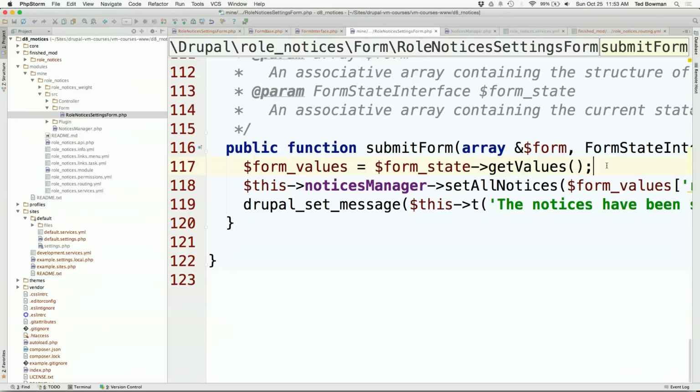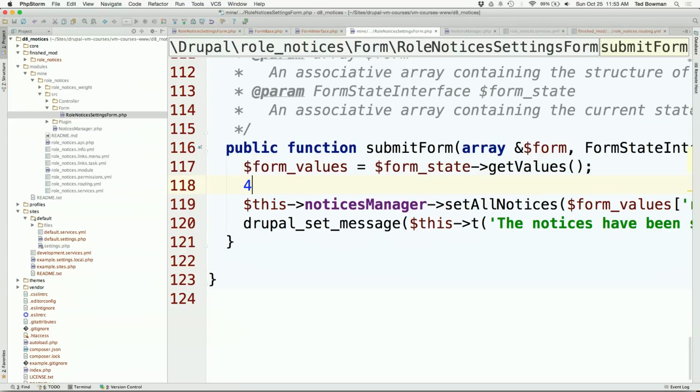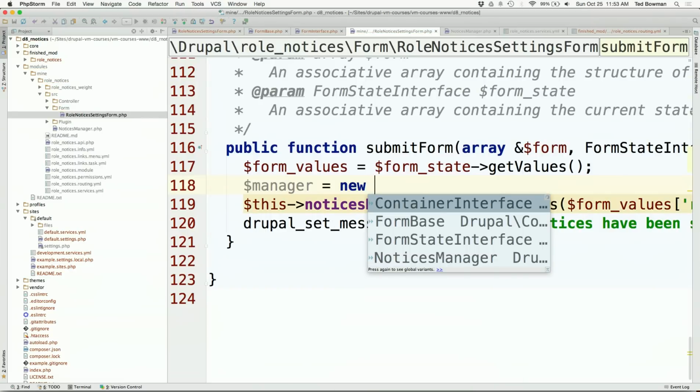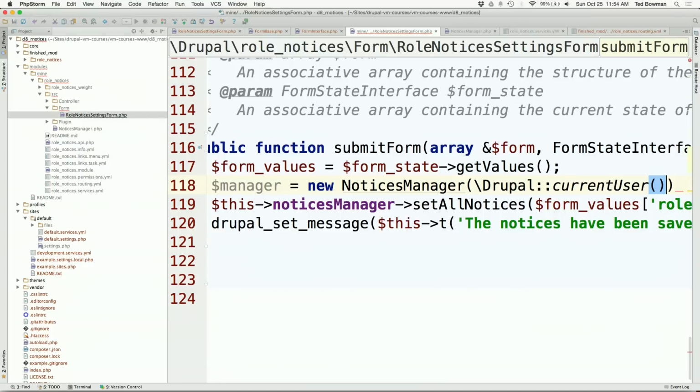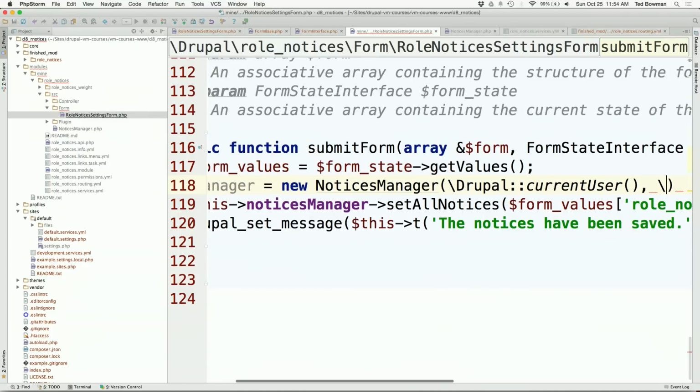My other option here would be, if I wanted to say, dependency injection is confusing, I don't want to use it, I could just say manager equals new notices manager, and then at this point I would have to figure out how to get the Drupal current user, and then I'd have to figure out how to get the Drupal